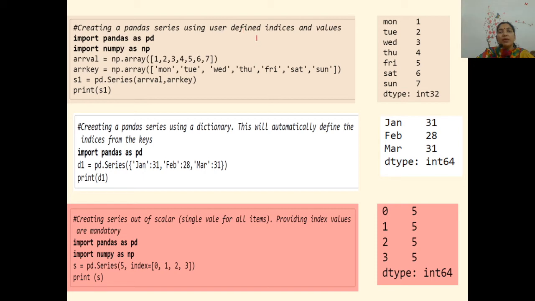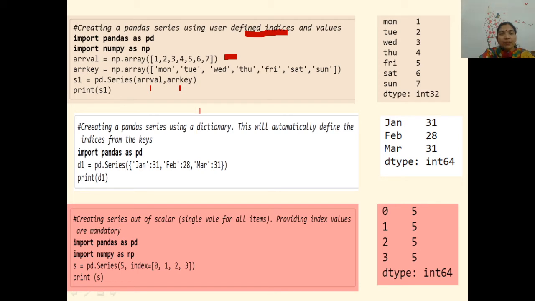We are going to give our own indices. So this time my values are in the form of a numpy array, and these Monday, Tuesday, Wednesday, I want to make them the index. So I gave the names array value and array key. These are the values. They have been made as a numpy array using the method np.array. I hope you remember this. And then convert it to series by providing the arrays here: the first array value, and the second array key.